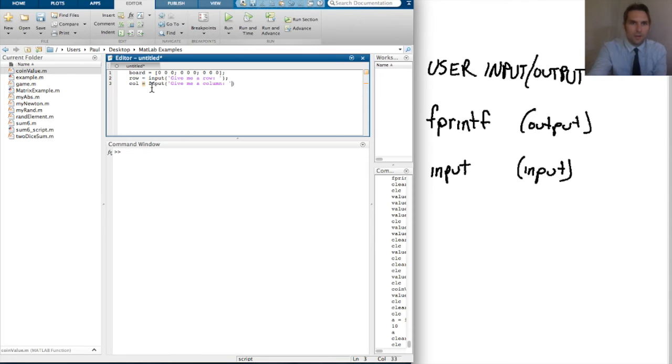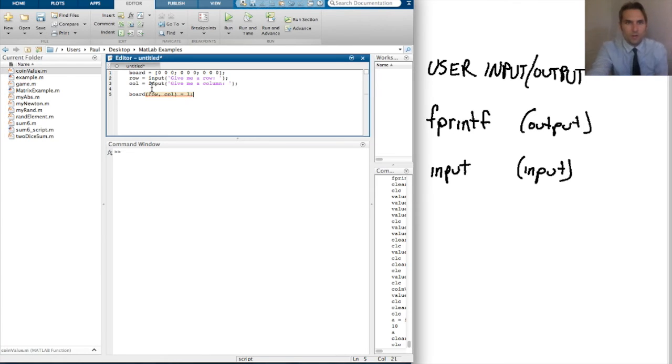I've got the single quotes there and the parentheses and the semicolon. Okay, give me a column. And then I don't want to use X's and O's for right now. I want to stick with numbers, what we've been using thus far in the course. So maybe player 1, I'm player 1, and I'm going to put a 1 now in the board at that location. So I will take board of row, comma, col